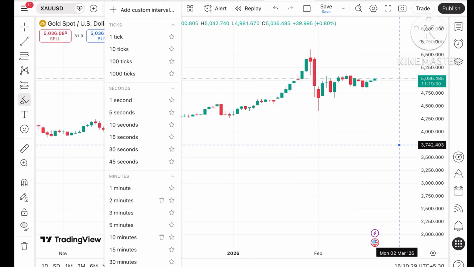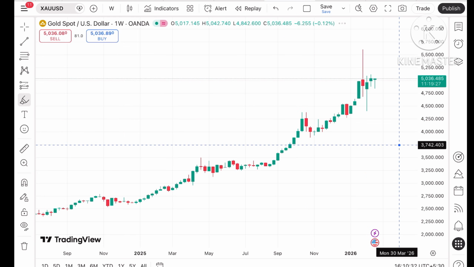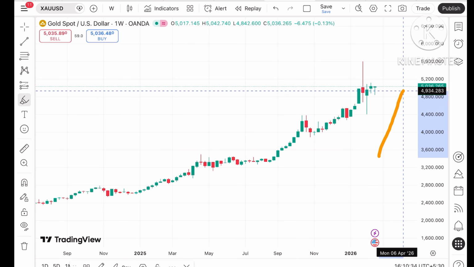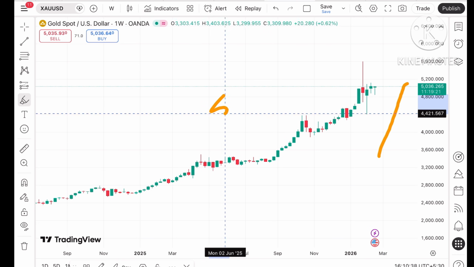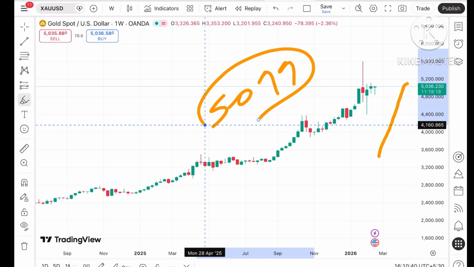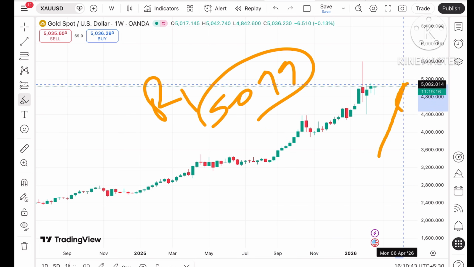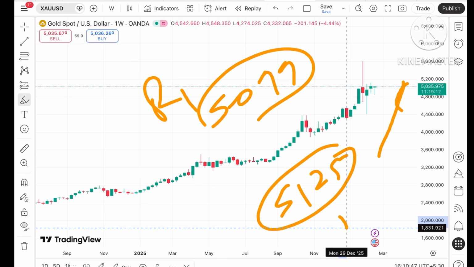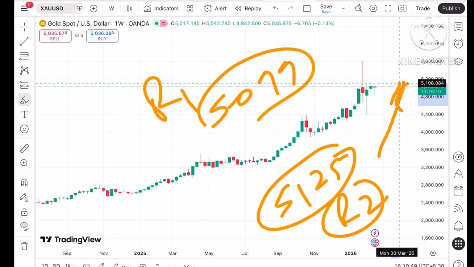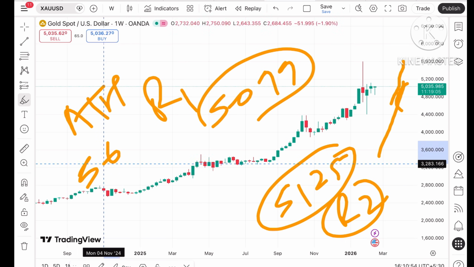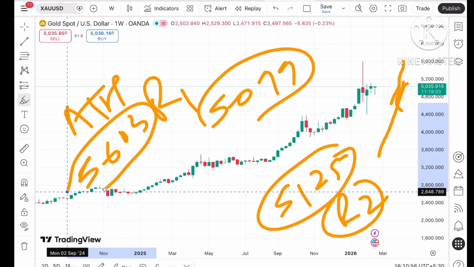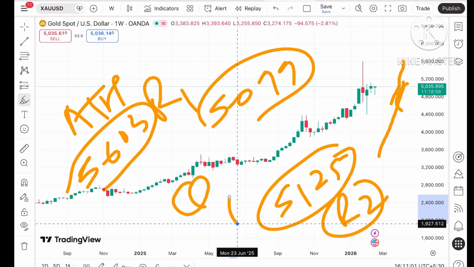Okay, now coming to the weekly chart, what you can see, if the price starts going upside, we can see it will go further high towards a level of around 5099, because this is R1. If the price starts going upside, chances are very high it will move towards 5125, which is a resistance too. Suppose the price moves past this level, then we can see it will touch its all-time high, which is around 5603. Again, I repeat, on a weekly chart it is very important for you to decide your quantity,